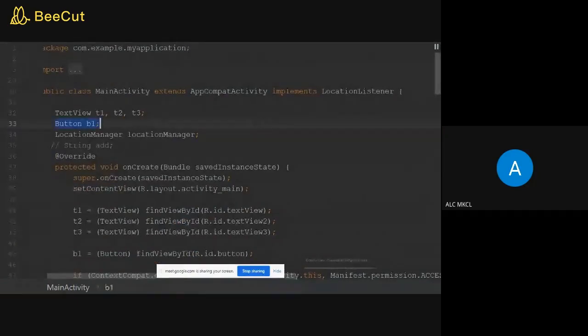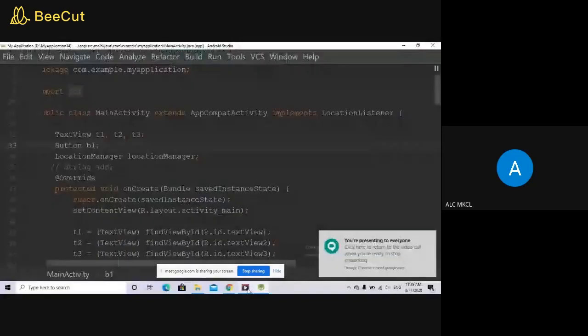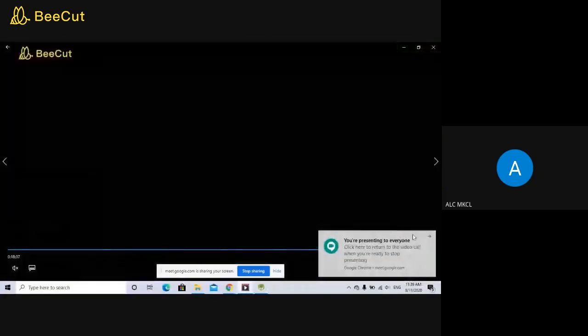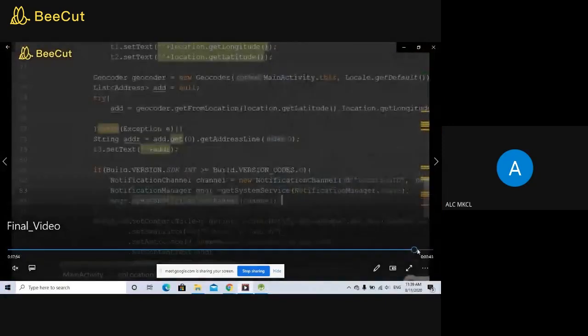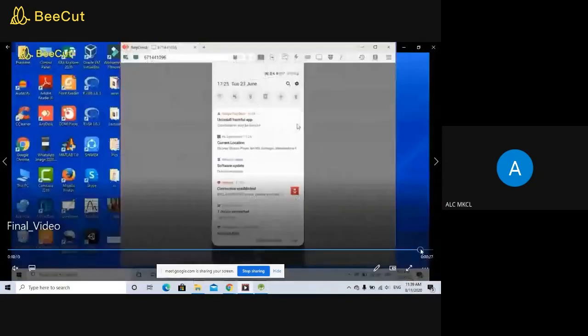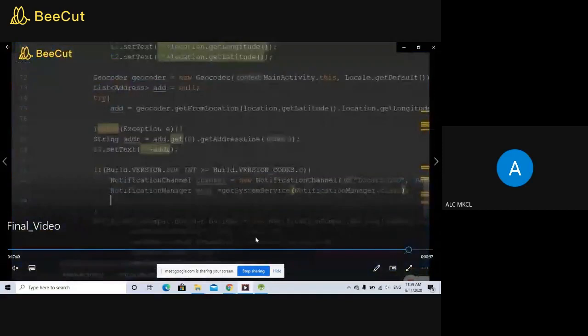I will show you the output. So let's see the output.